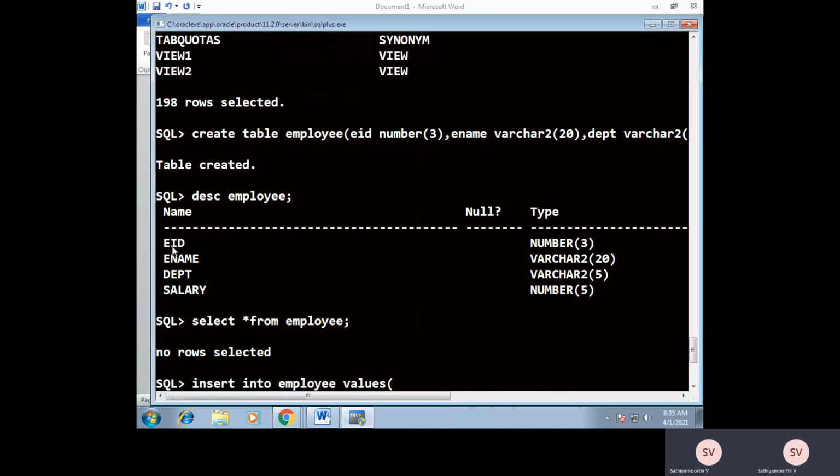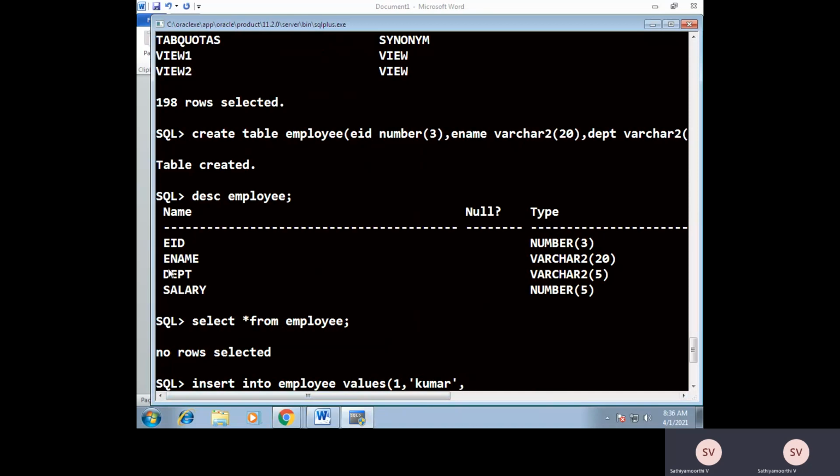So what is the first attribute? Employee ID. Employee ID is a number, a numerical attribute. So simply we can give 1. Employee name is varchar. So if it is a character related data type, you have to use single quotes. For example, my employee name is Kumar. Within single quotes, I have to specify char and varchar, date or time, timestamp. All those values are given within single quotes. If it is a numerical, decimal, integer, number data type, then simply give the value. No need to use single quotes.